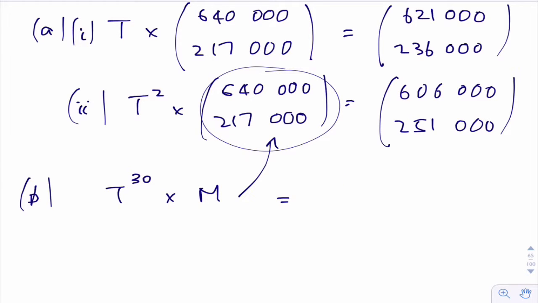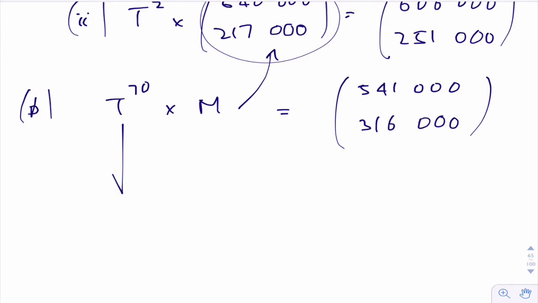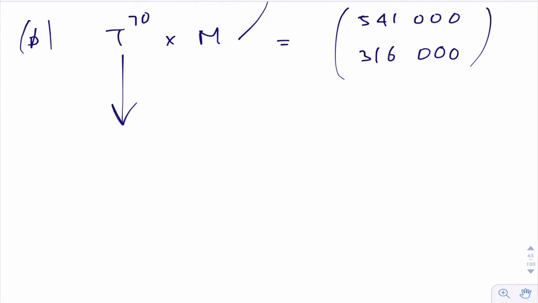You would find that if you did that, you got 541,000 and 316,000 to the nearest thousand. And in fact, if you did T to the power of 50 or 60 or 70, you would get the same thing. Alright, so after a while, we know that the numbers are going to be settling down to those numbers there, and hence we can work out the percentages. If we just focus on that matrix itself, you'll see that when you do T to the power of 50 or 70 or whatever, you get this